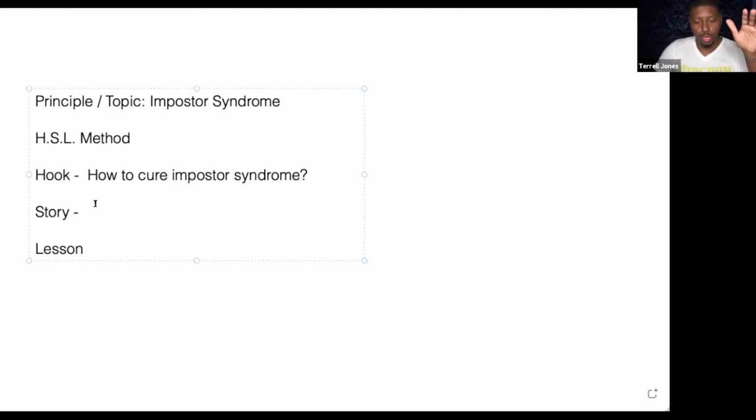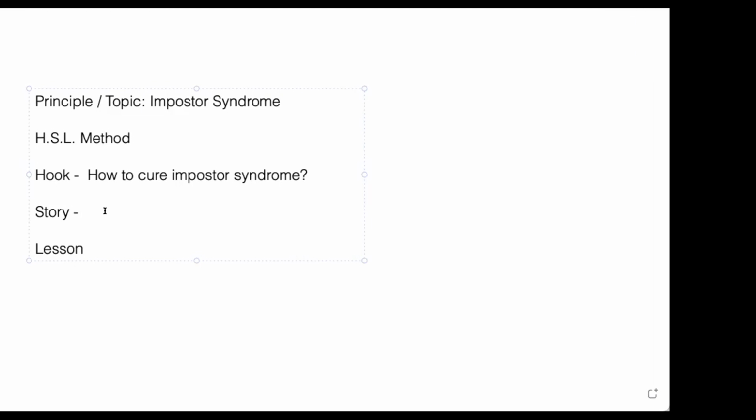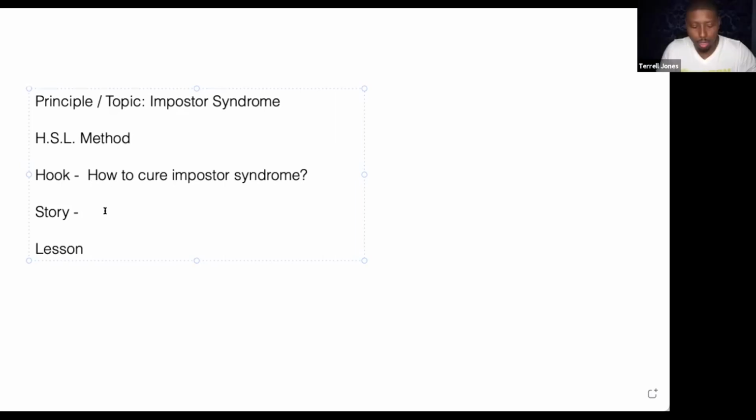So a story, right? So how to cure imposter syndrome, and then a story around that. So we can just put the label of what the story is. If you got this label in your mind, for me, I'm going to talk about the time that I had nobody. I'm going to call it failed webinar. Right? Failed webinar. Some of you might know this story. Put the label of what the story you're thinking of.